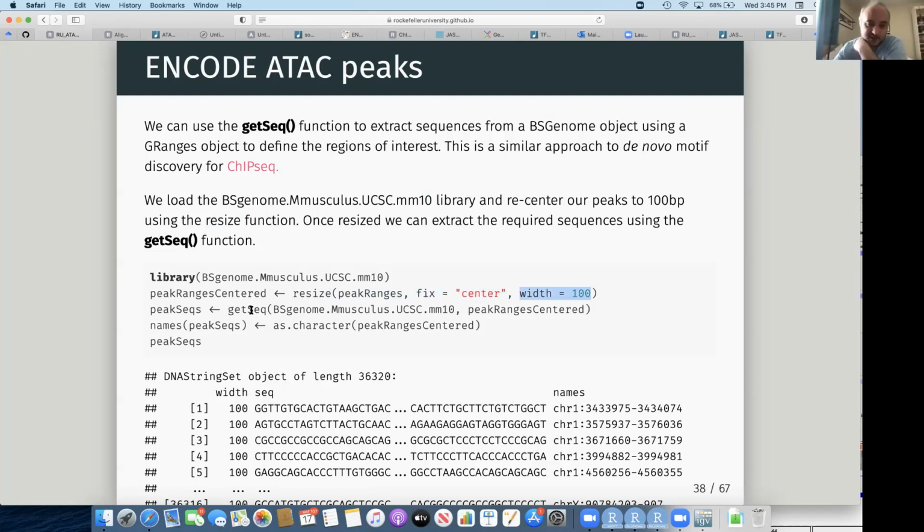Now with that, we can use getSeq. We can give it the BSgenome object for our appropriate genome. I didn't need to extract the sequence first. I can just use the BSgenome object directly. Can give it our newly centered peaks, so they're all going to be the same length, 100. And then I'm going to provide a name to this. Remember, we like to have names because if we ever write this to a FASTA file, the name we assign here will be in the ID line for every contig in the FASTA. And finally, we have our DNAStringSet,